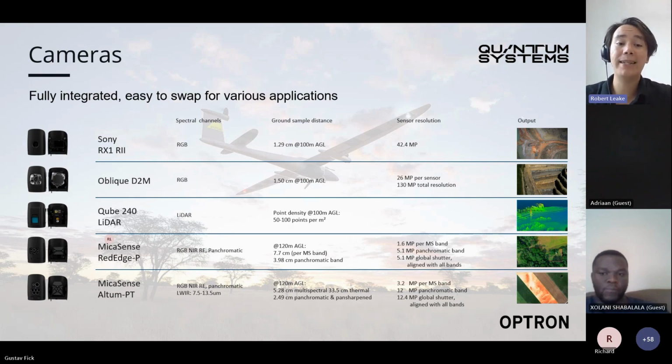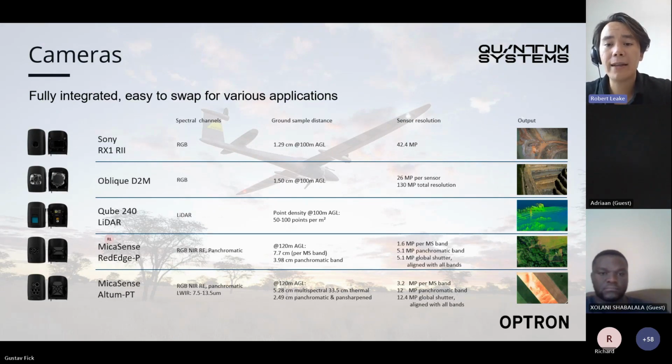Moving on, we have the Oblique D2M. This is a unique camera that actually has 5 different sensors on board, and they're all firing at the same time. So rather than just a single photo being shot straight down, we have those 5 26 megapixel sensors all capturing at different angles. So one straight down, one to the left, one to the right, one forward and one back at every single